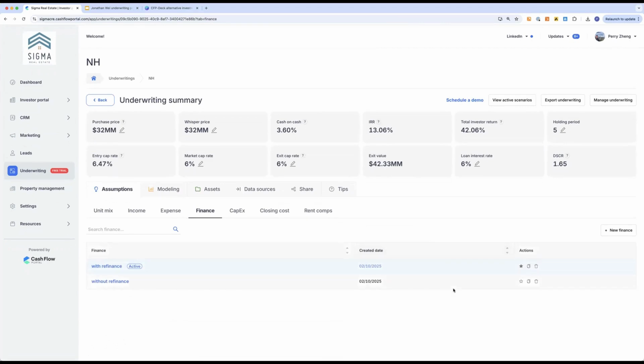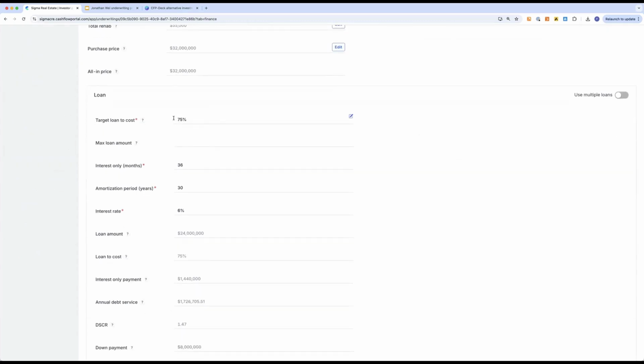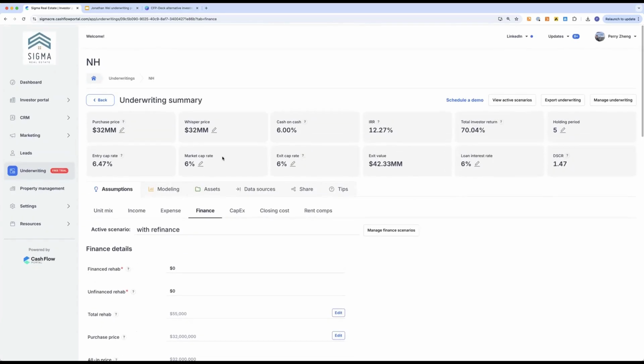So my IRR here is 13%. Okay, and if I do it without the refinance, you can see my IRR is much lower. It's only 12%. But when I do the refinance, my total return actually reduces because I'm just giving the money upfront. That's all we're doing. And the reason is that in this refinance, it doesn't exactly work because my LTV was already 75% from the beginning. So it was already really, really good. So there's almost no point to do a refinance.